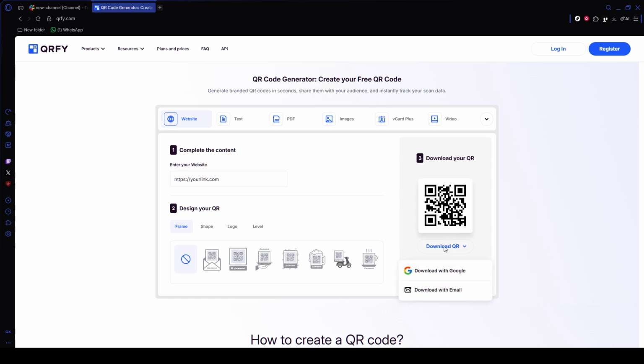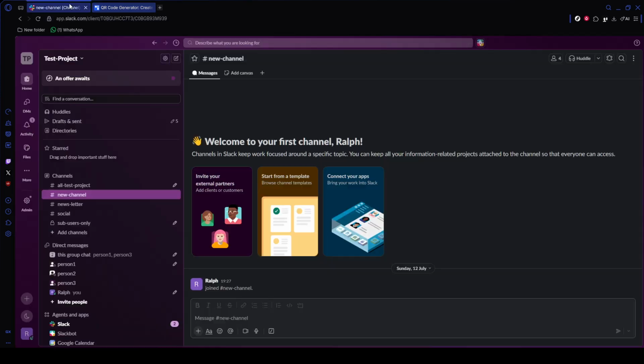When everything looks good, click Download. For the best print quality, it's usually a good idea to save the file as a high-resolution PNG or SVG. Once downloaded, your